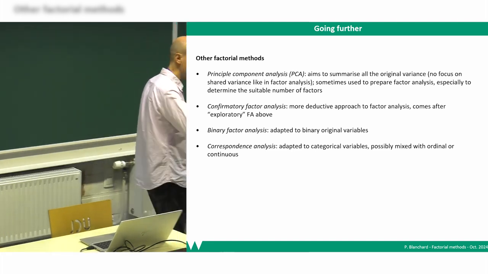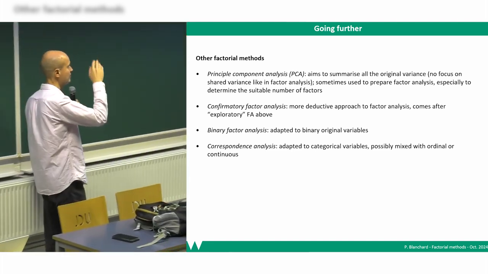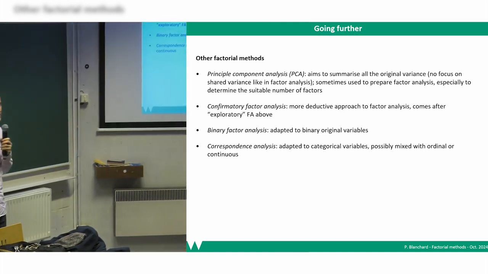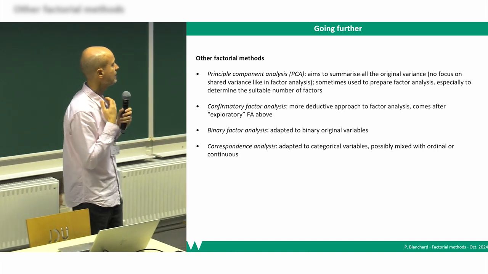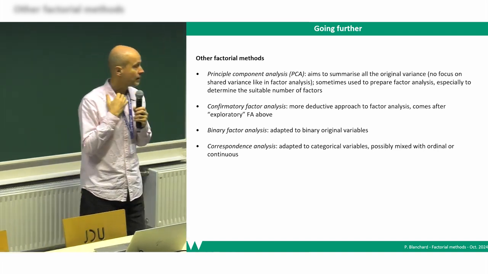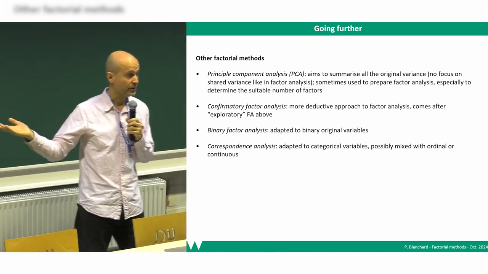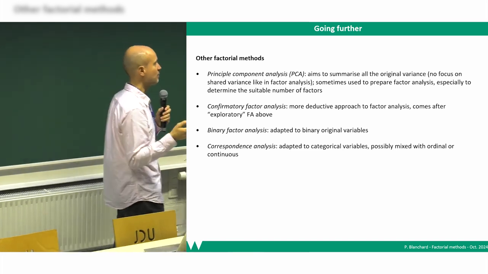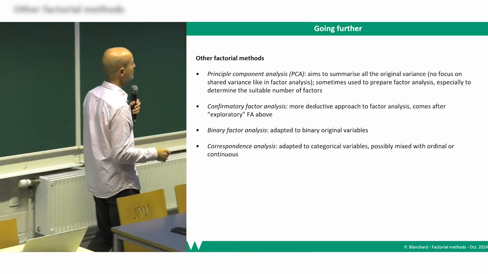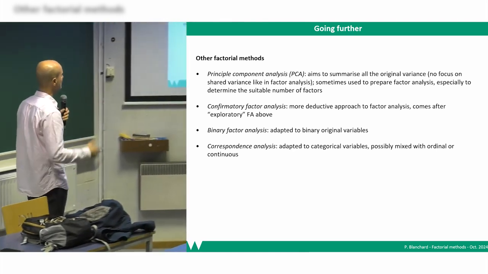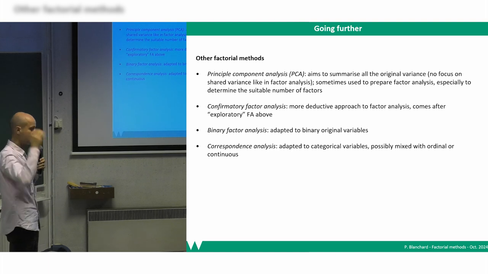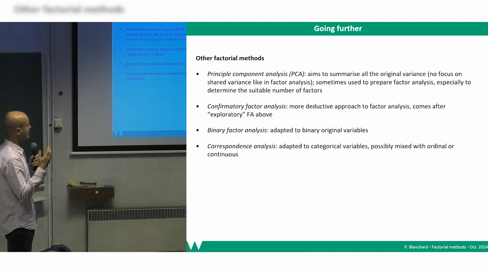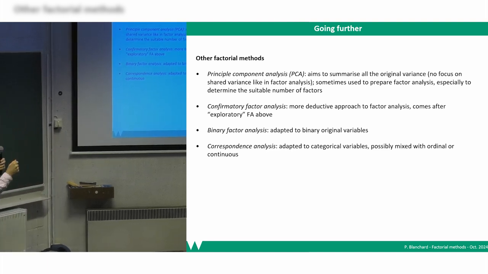Well, there is literature that compares the different things. For example, PCA is often used to decide on a number of factors before using factor analysis. That's an example. As usual, there's a lot of discussion about the number of clusters, the number of factors. I don't think that's very important. I don't think that's what we should spend so much time discussing. But okay. Confirmatory factor analysis is definitely the next stage after you apply factor analysis, also called exploratory factor analysis. It's not always necessary, this being said.